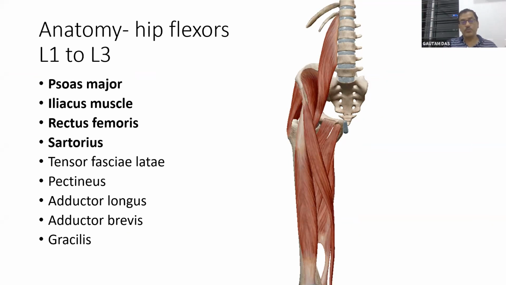Some others also partly help in hip flexion, and you have to remember the branches are mostly from the femoral nerve. So L1 to L3, partly from L4 as well, mostly by L2. As you already mentioned, the hip flexor means L2, but ranges from L1 to L3. And the major muscles are iliopsoas, rectus femoris, sartorius. A few other muscles are also important for the hip flexors.